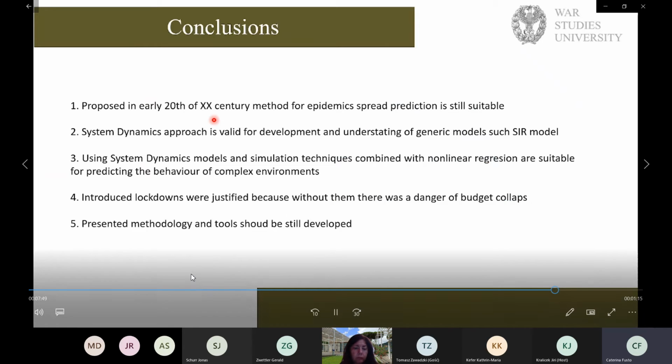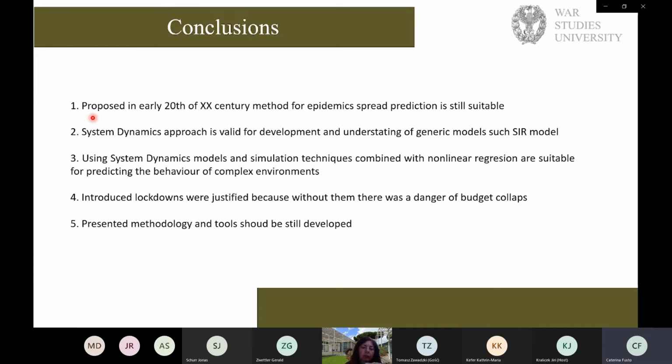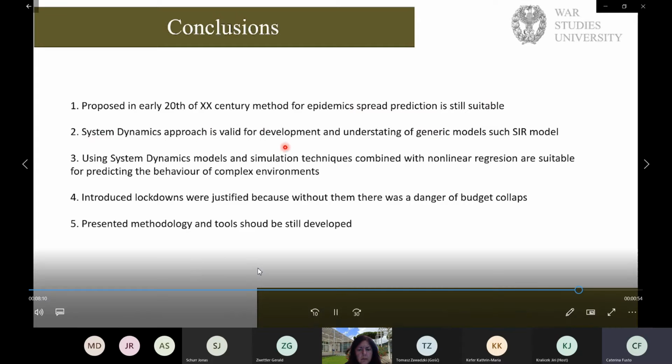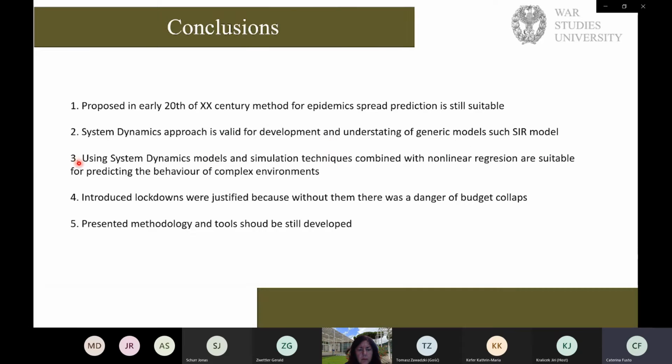What are the conclusions from our work? First conclusion is that the method proposed in the early 20th century for epidemics, I mean the Kermack and McKendrick model, is still suitable for COVID-19 prediction. And second conclusion is that the system dynamics approach is valid for development and understanding of generic models such as the SIR model. And moreover, system dynamics models and simulation techniques combined with nominal regression are suitable for predicting the behavior